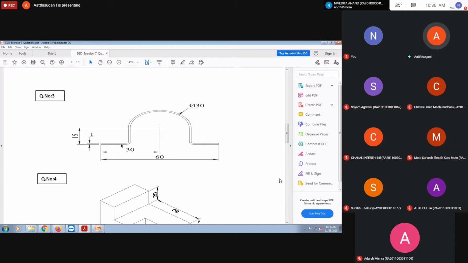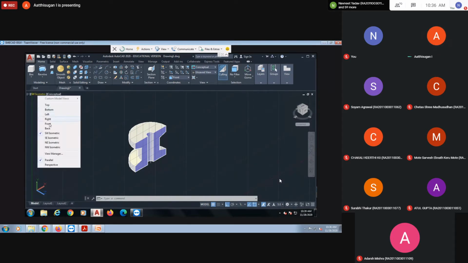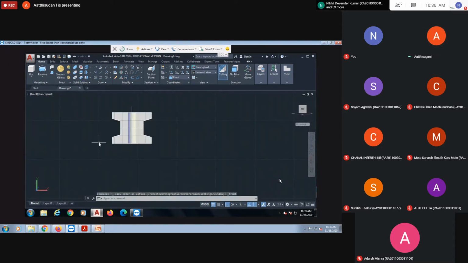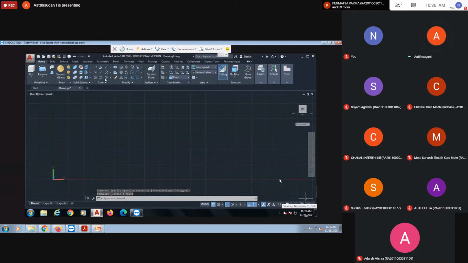So first you should know the dimensions clearly. You understand the diagram very clearly, then you can start. Okay, so I'll draw that one also. See, you can select the front view. I'm going to select the front view. The important thing is that view selection is important. Okay, front view. So I go to draw circle,